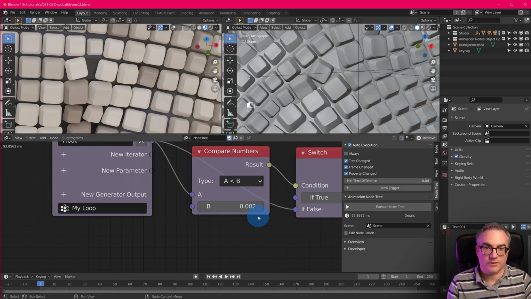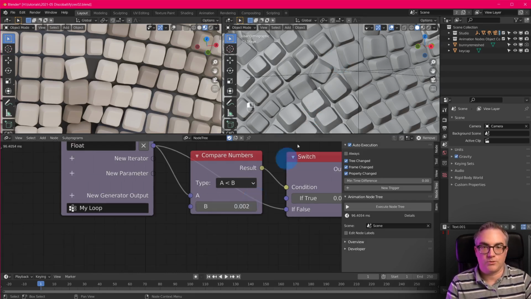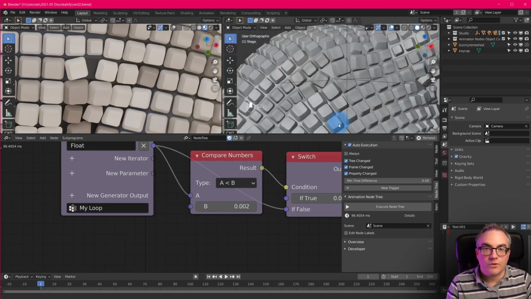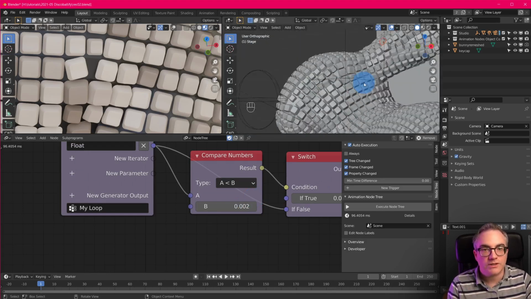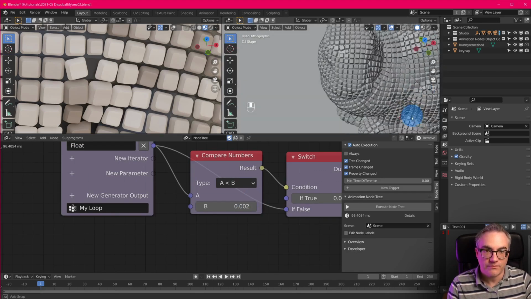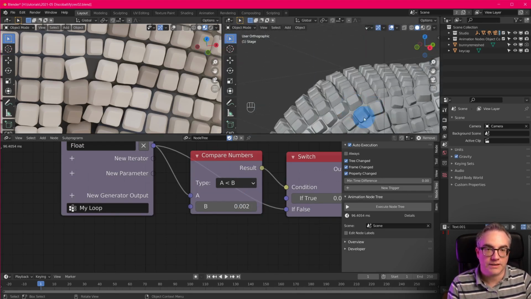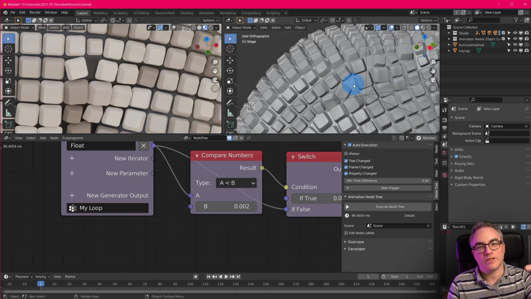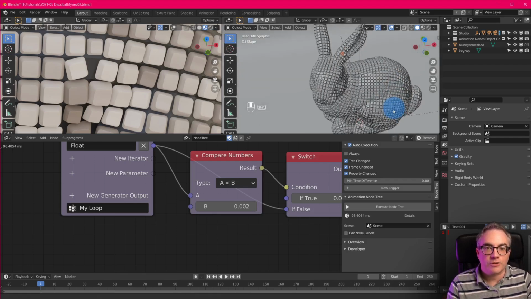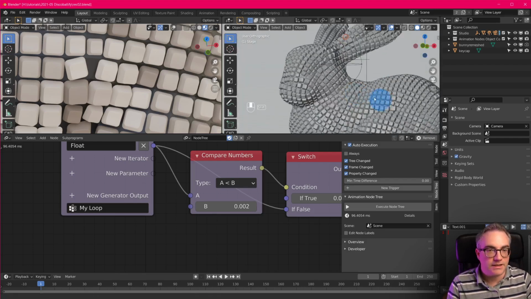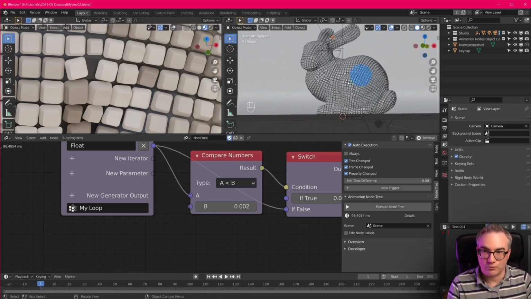So how big is this guy? 2.1. Let's just do 2.5. So here we have a naked spot. That's okay. No keycap can fit this face. If you want to fix issues like these, then you really have to go in manually and change the topology of your bunny mesh. But I think, for an automated process, the Instant Meshes tool is really awesome,